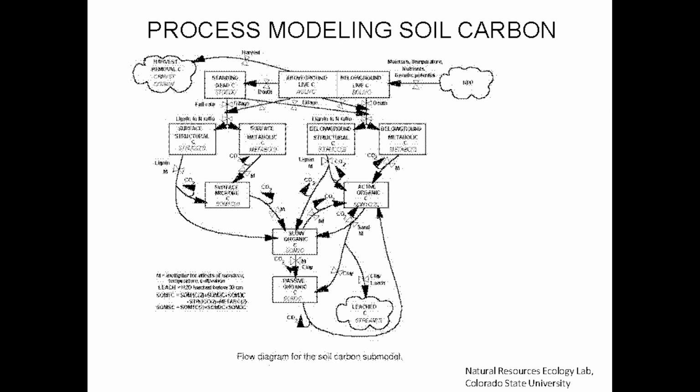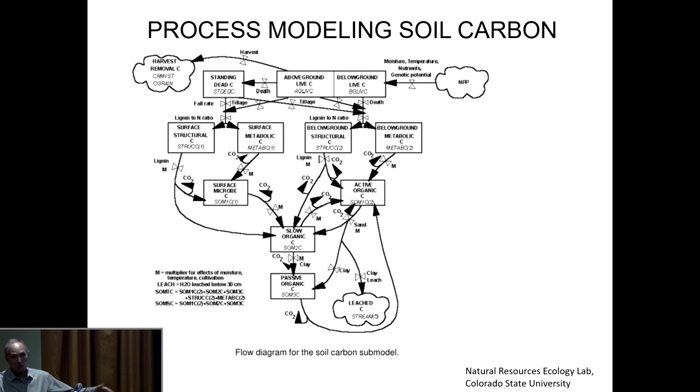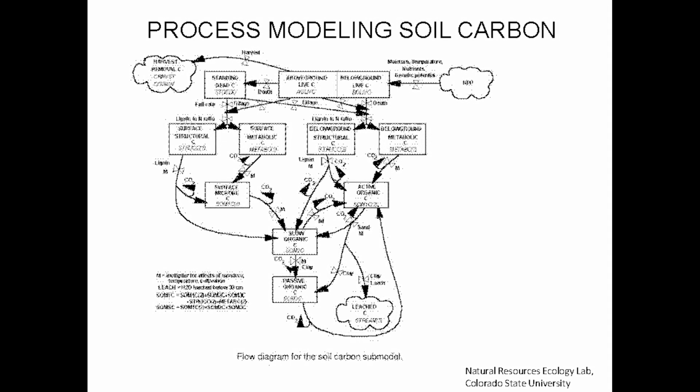And this is just the subroutine in Century. But if you notice, it starts with net primary productivity. That's the only input into this submodel. That's why it's so important. This is kind of the standard. This has been around for 50, 60 years now. It's really a good model. And you can, I think, look at it and say, if we can't do it with this, then we're probably not going to get a lot better fast.